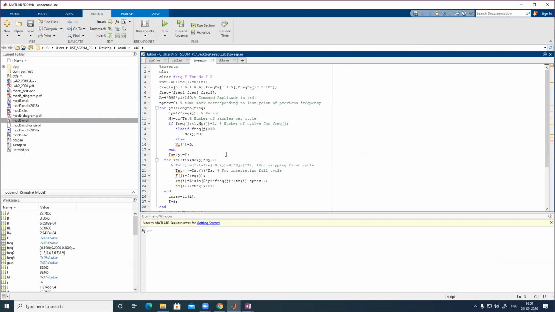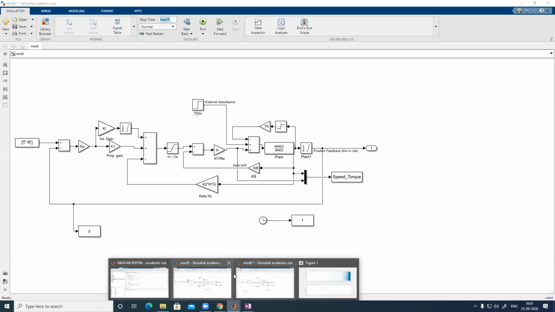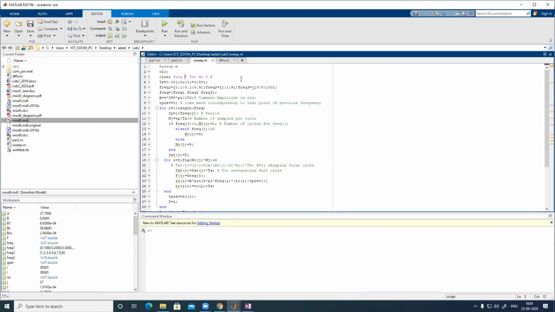Then you have to run the parameter.m. Then you have to run the model file. Then you have to run DTFA. So next time also, if you are changing that amplitude A, again you have to run the parameter file, model file, DTFA. Otherwise, seep.m, model file, DTFA. This much only you have to run. The parameter file you need not run. So if you are changing that A value, you have to run the model file and DTFA also.